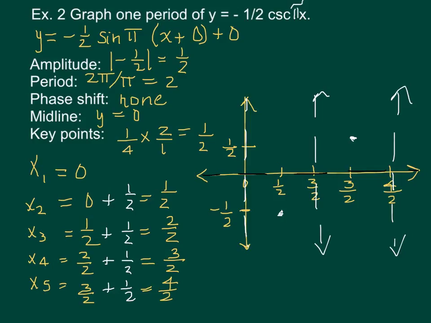So remember, the sine graph, or the curve, would curve in this direction. But we want cosecant. So when A is negative, it's going to start off with the relative maximum and then your relative